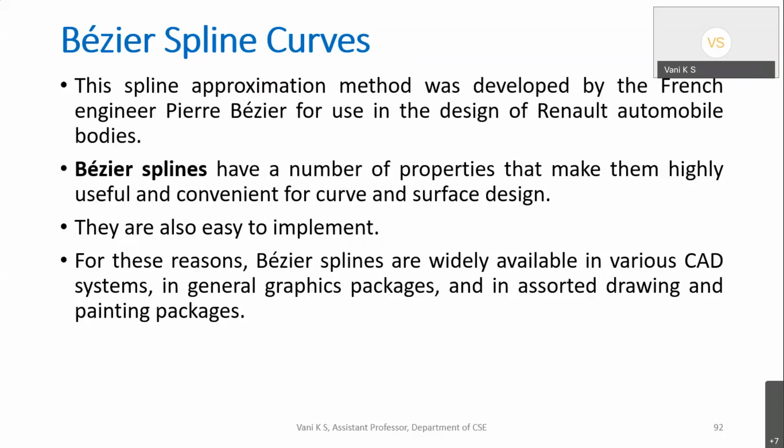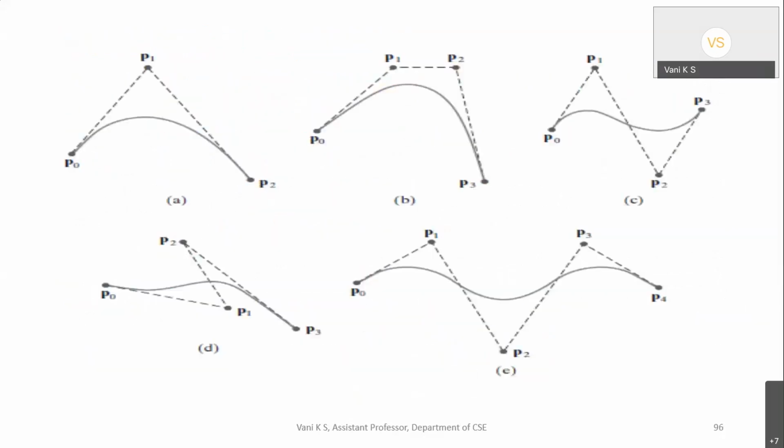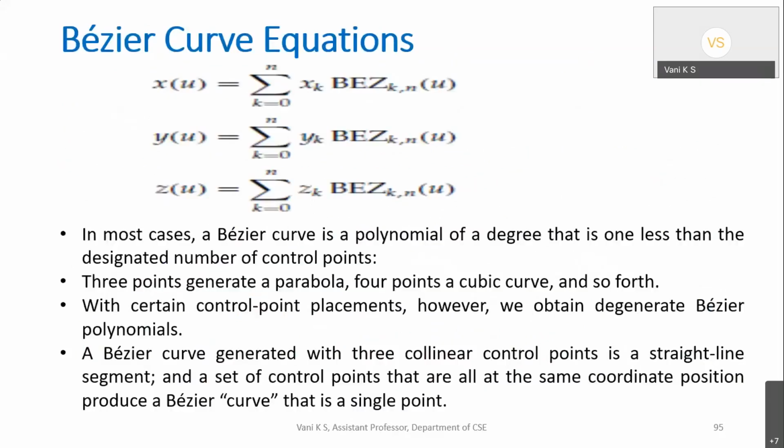But not only the Bezier curve, there are other types of spline curves like B-spline, and many other splines. Out of those, for your syllabus, it is the Bezier curve. Then how do you create a Bezier curve? As I told, one thing is required: how many control points you want. There is a lot of theory behind that, and I'm not going through it.